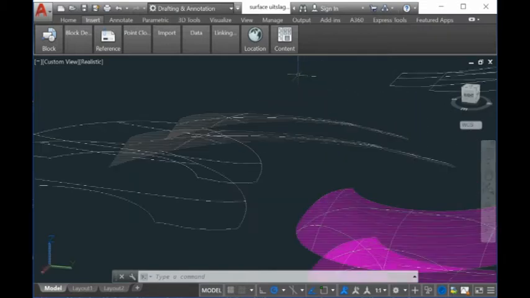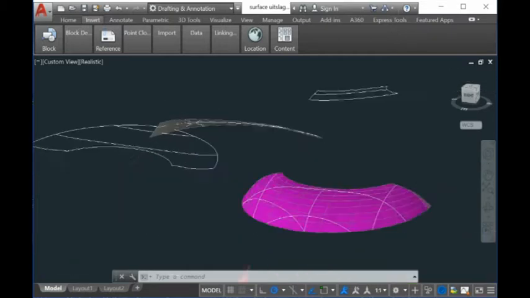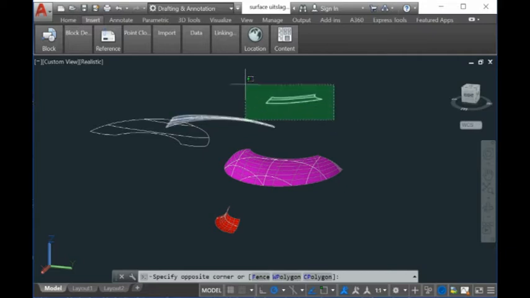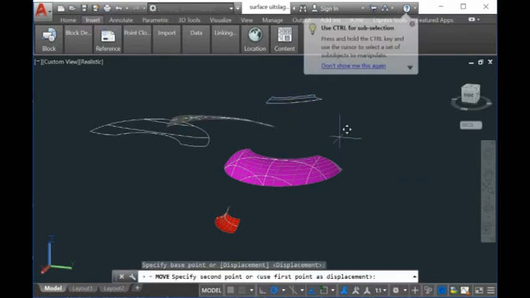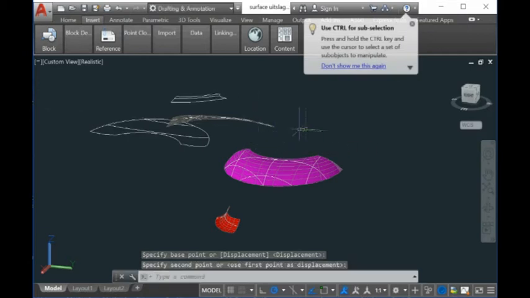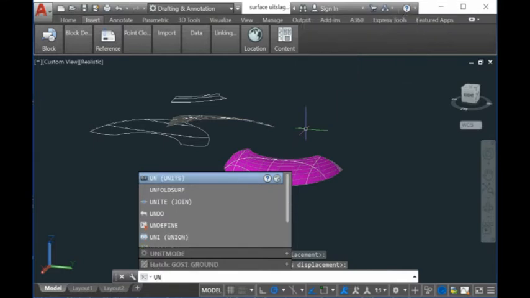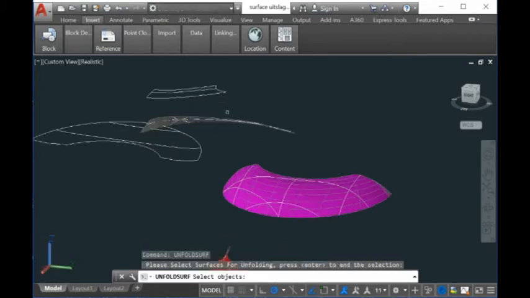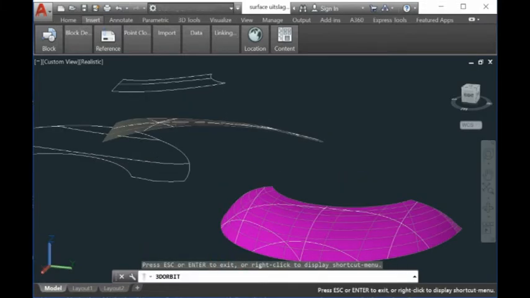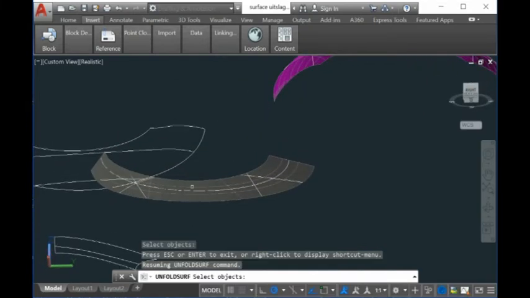Similarly, we can unfold another one. This is the one here. We move this a little bit away so that they don't overlap. So you can move it a little bit, and then you can just unfold surface, and then you just rotate a little bit so you can pick the right point. You just pick normally the central point here,